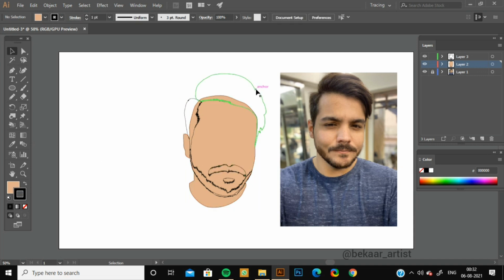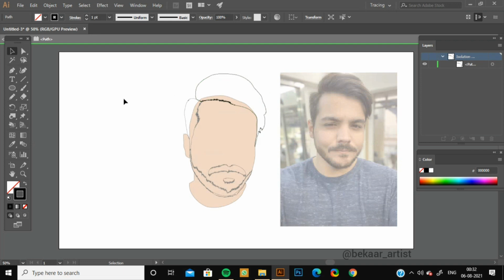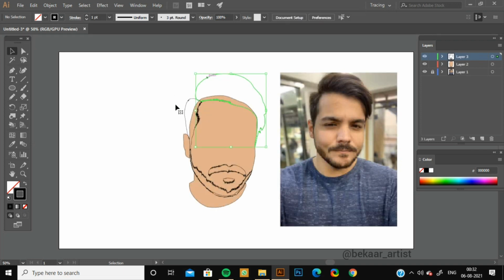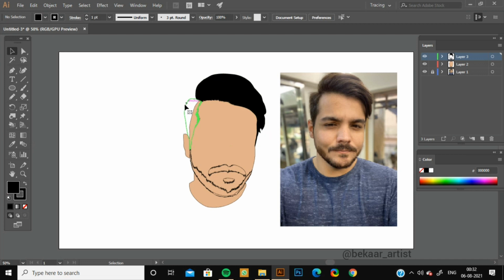Then for hair, just do black, select this fill button and select the black color from here, and similarly for mustache and beard, again we'll use this black color.